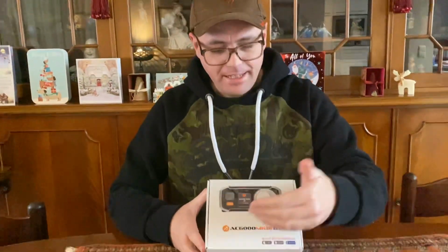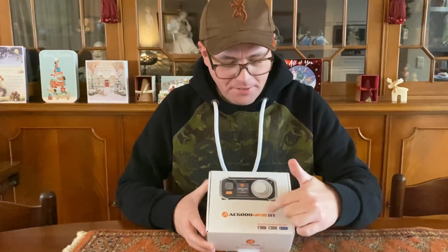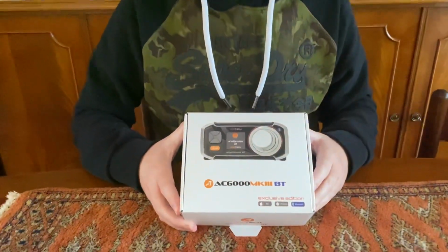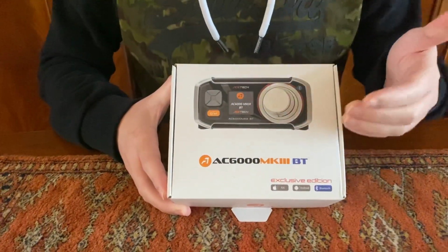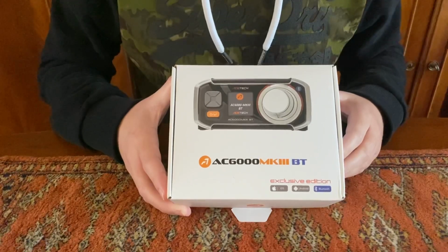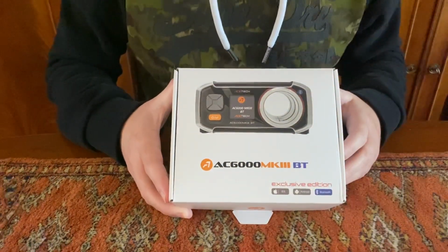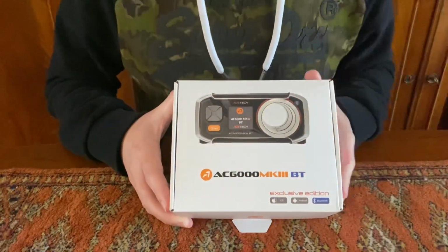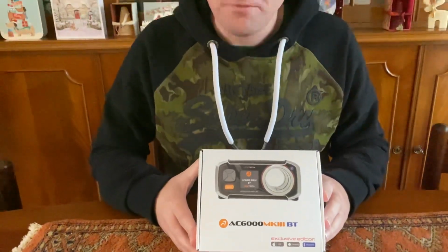I got the Acetech 6000 MKIII BT. BT standing for Bluetooth. This model has seen several iterations, obviously, because this is a Mark III model. And this is the exclusive edition, because you know me, I have to get all the fancy versions,